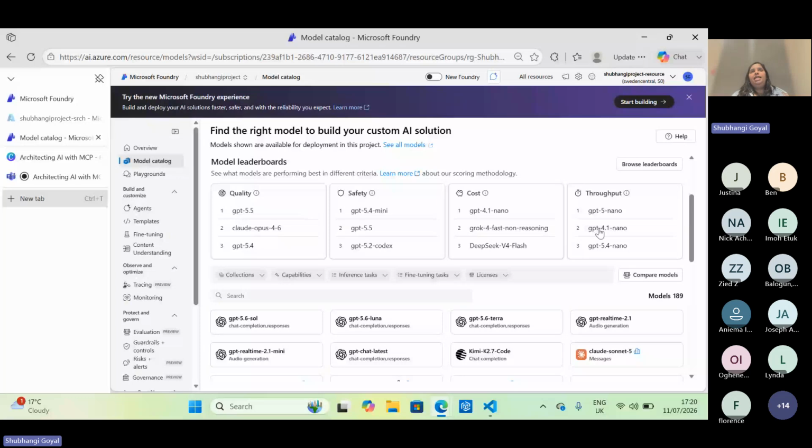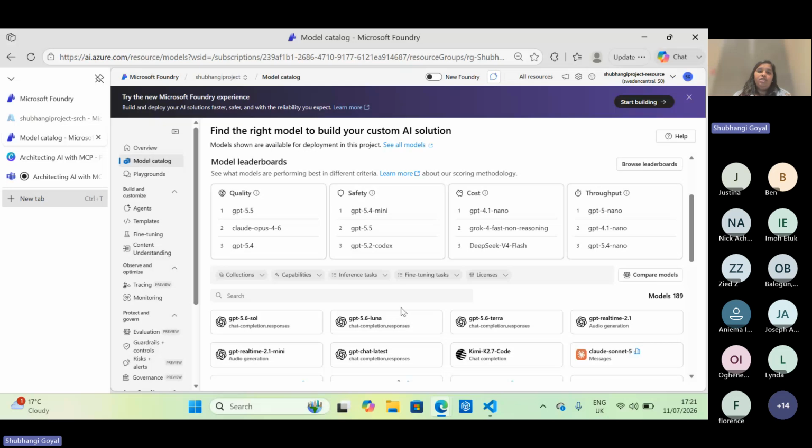When you start building any application, it's really important to understand which models you should be using. A lot of times, what I see is that people build an application and don't know why they picked a model, or they pick a very expensive model and their project budget is very small. So be very mindful of which model you want to pick, and what key areas your application really caters to.